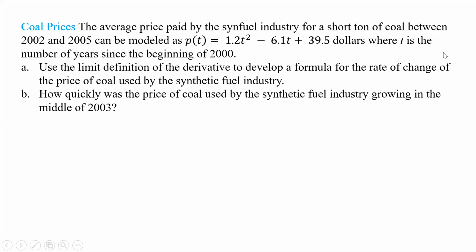All right, so we're back with coal prices. The average price paid by the syn fuel industry for a short ton of coal between 2002 and 2005 can be modeled as P of T equals 1.2 T squared minus 6.1 T plus $39.5, where T is the number of years since the beginning of 2000. We're supposed to again use the limit definition to derive the rate of change. So we're going to end up with dollars per year, it looks like, for our